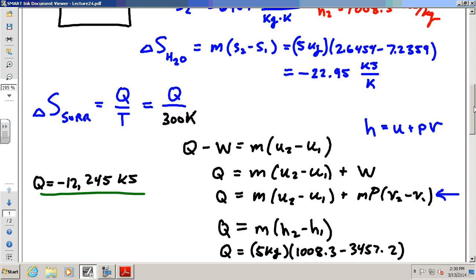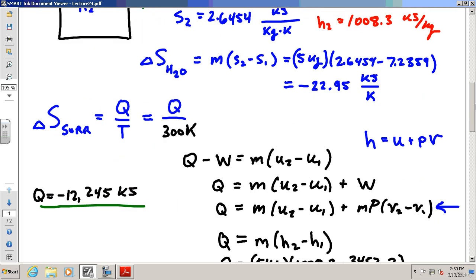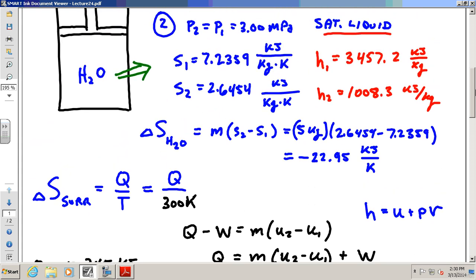So now here's a question for y'all. I think you can get this one, right? Notice that Q is negative. What was I doing, and why is it negative? Because it's coming out of what? The piston cylinder assembly. I did an analysis of this piston cylinder assembly. It was negative coming out. But if it goes into the environment, what's that sign going to be?